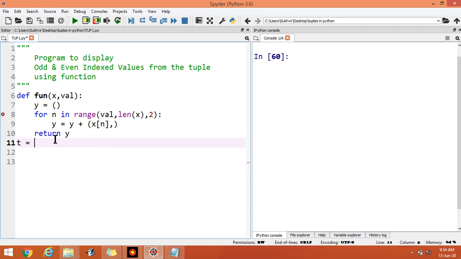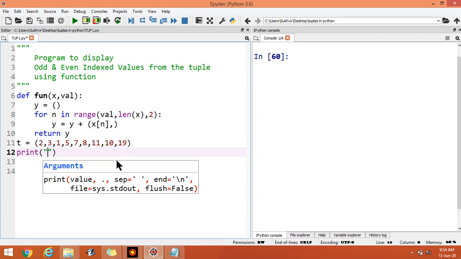Now develop one tuple. Suppose these are the tuple elements, then print, suppose I write here values at odd locations.